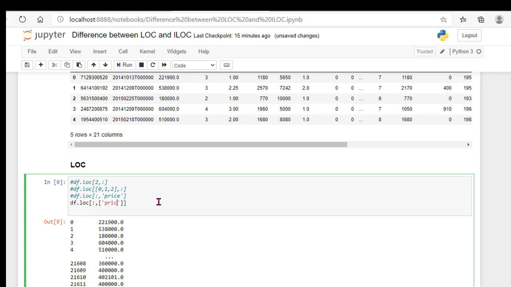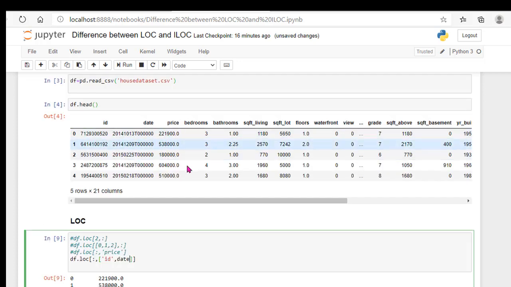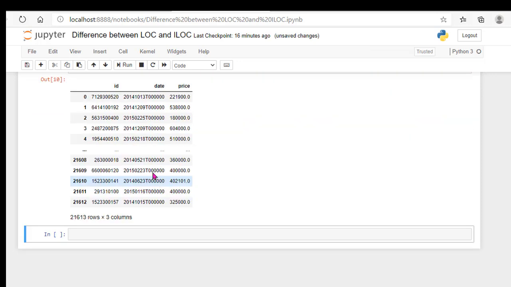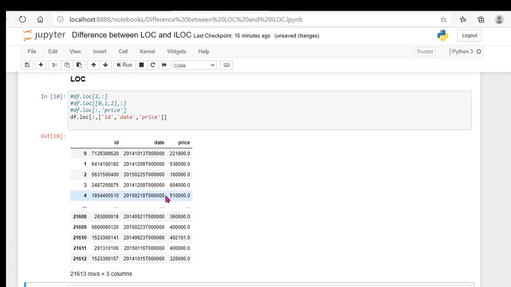I want to print from id, comma, date, price. Okay, let us execute. See, these are the 3 columns with all the rows.